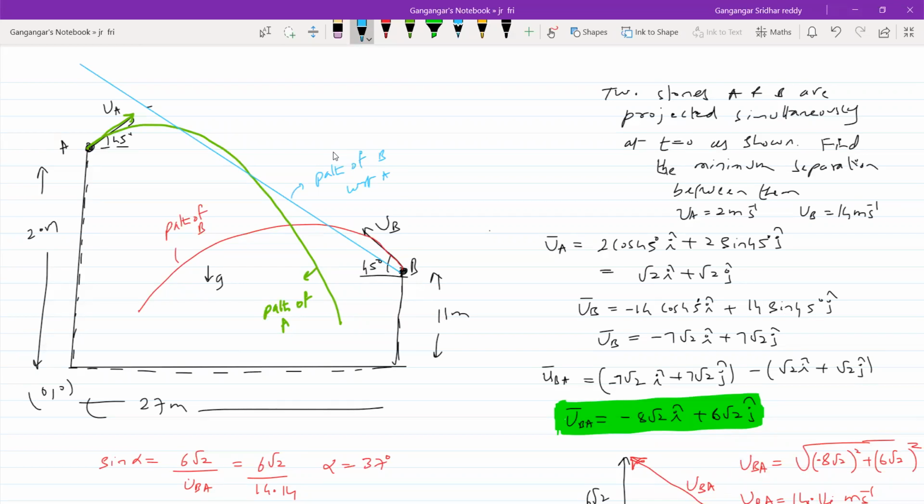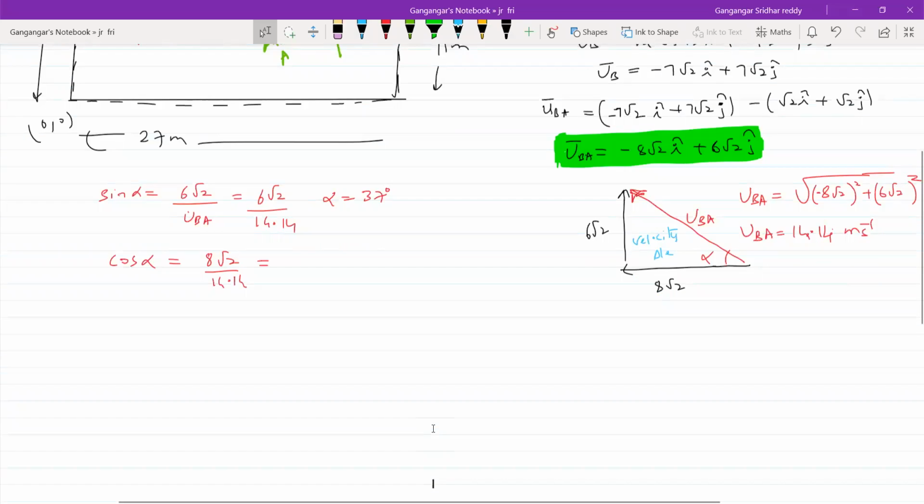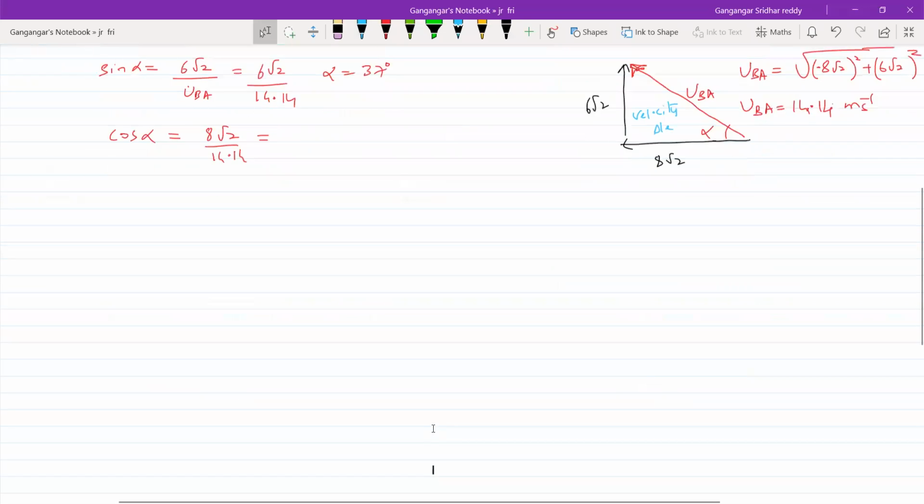So we got alpha. What to do? I think we got this velocity triangle. Any name can you give for this? Velocity triangle. Let's come to this one. Somehow if you can get the displacement triangle, you can calculate that minimum distance. Am I right? How to bring that displacement triangle? I'll take help of the same diagram. So how much angle is the UBA vector making? It is making angle alpha.